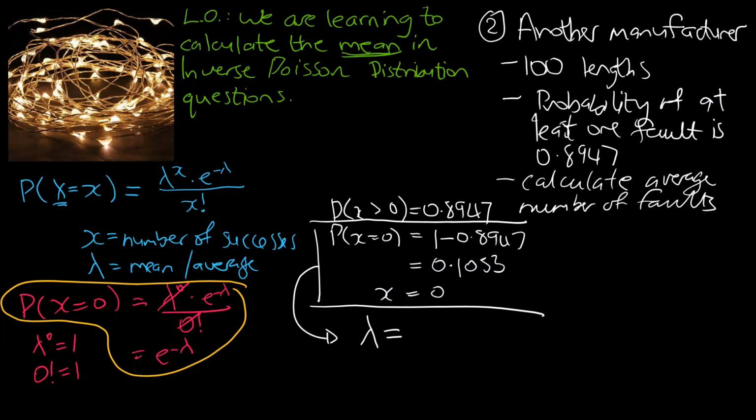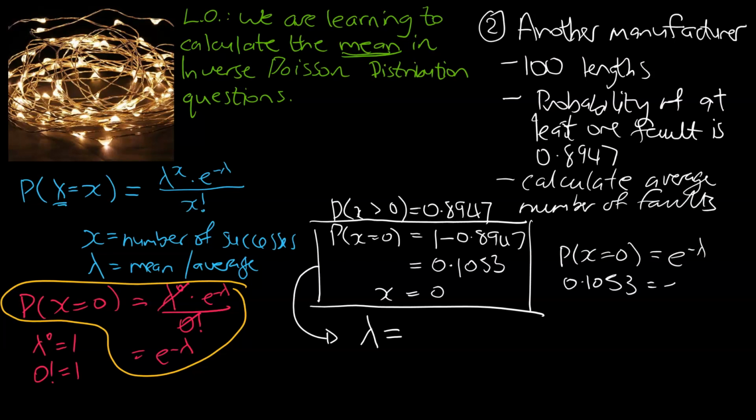And hopefully you remember from the previous video that the probability of x being equal to 0 is e to the power of negative lambda. And that's because 0 cancelled out, so the factorial of 0 was 1. And lambda to the power of 0 was also equal to 1. So it did cancel those parts of the formula out, and it did make it a bit easier to deal with. So let's rub those out. Now let's get into our example, or let's finish it off rather. So the probability of x being equal to 0, well, we know that's